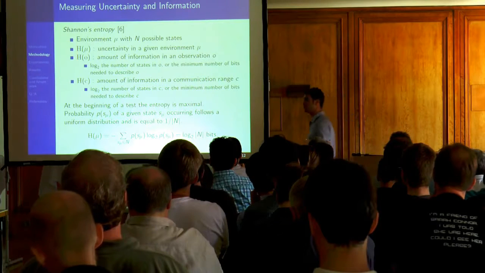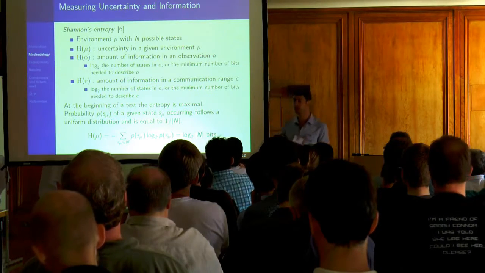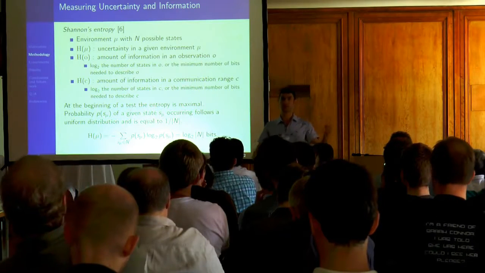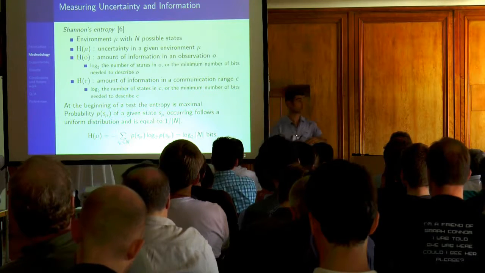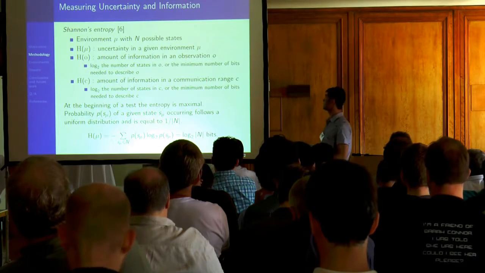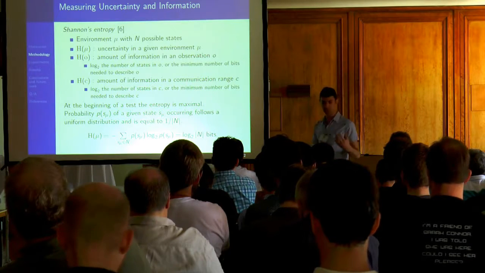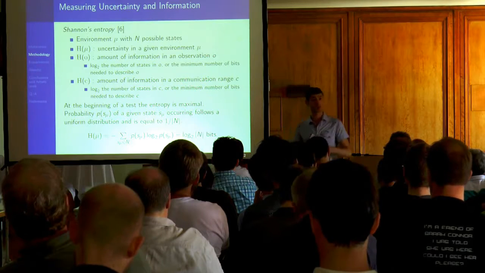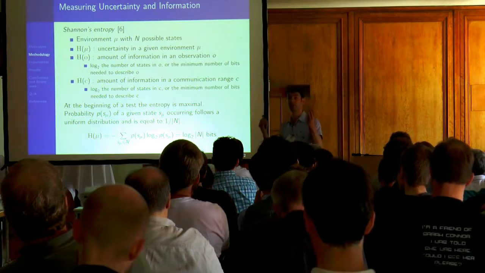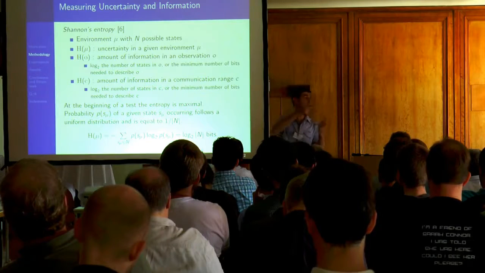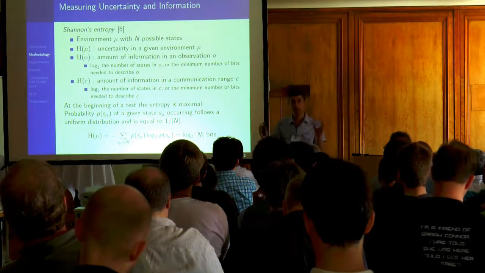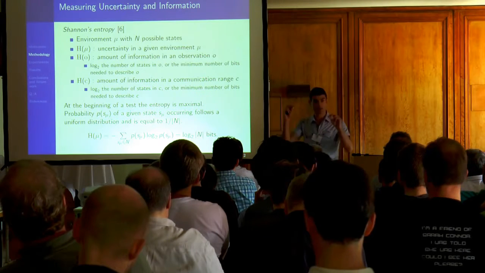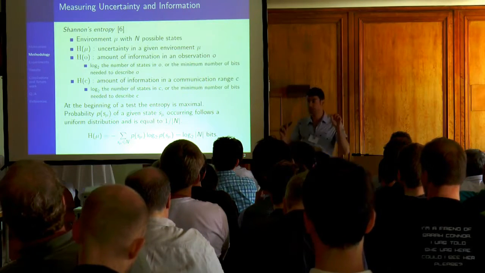So we will use an information theoretical approach based on Shannon's entropy to calculate the amount of information there is in an observation and the amount of information there is in a communication between agents. So the first thing to do was to calculate the number of bits that is propagated between the agents as the communication entropy, and then the number of bits of the description of the observation that the environment sends to the agents, right? So now we have both observation and communication, calculate the entropy of both, so we can compare them, so run tests and change these entropies.